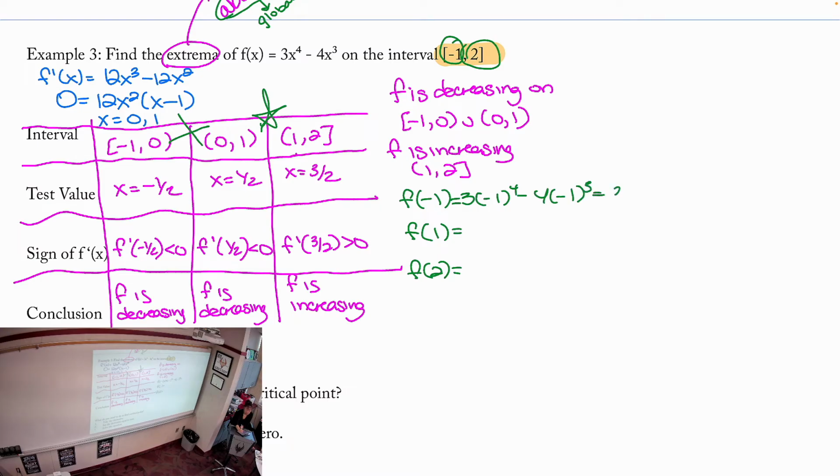So I get 3 plus 4, which is 7. 3 times 1 to the 4 minus 4 times 1 cubed is 3 minus 4, which is negative 1. And then 3 times 2 to the 4th